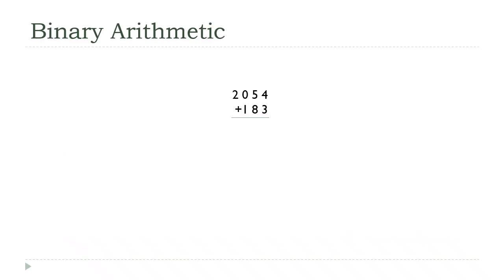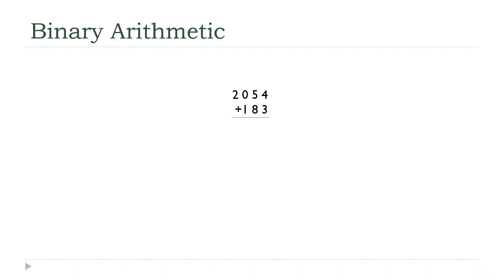So how can we add two binary numbers together? Well, before we talk about that, I want to take a look at a decimal example, because the process for doing this with binary numbers is exactly the same as the process for doing it with decimal numbers. Right, so you remember the way this works is you start at the right-hand side and you add down the